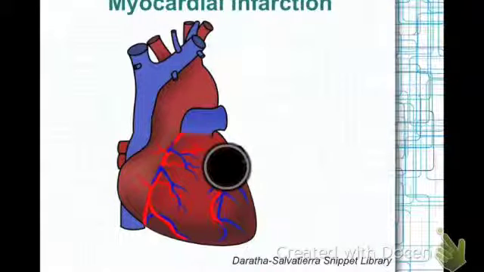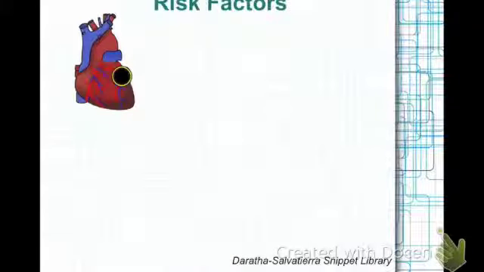Once a myocardial infarction occurs, the goal of treatment and care is to limit the size of the infarct and restore the heart to its highest level of possible function. Persons suffering a myocardial infarction are at an increased risk for mortality and morbidity. There are known factors that increase your risk of developing an MI. These risk factors are divided into two categories. Modifiable risk factors can be controlled or minimized through a combination of lifestyle changes and treatments, and non-modifiable risk factors are risk factors that cannot be changed.